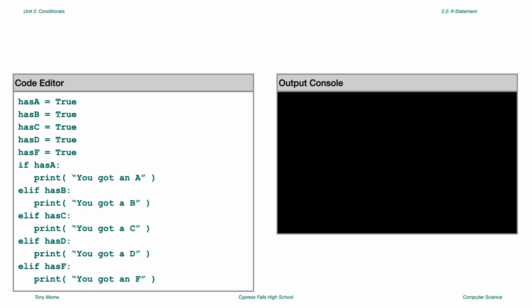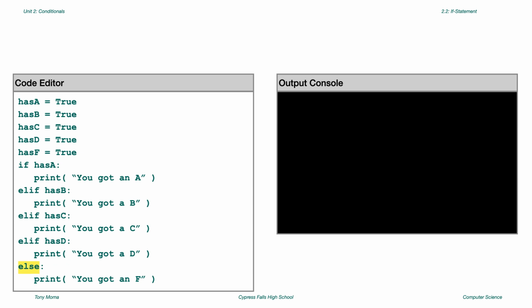The latter. In that case, if I know you didn't get an A, a B, a C, nor a D, I don't need to ask you if you also got an F. I can already assume you got an F because I know that's the only other possibility left. So really, taking reality into account, having an elif statement that checks the value of the hasF variable is unnecessary. Because if the other 4 conditions are false, well, an F is the only other possibility. Thus, for that last elif statement, rather than checking the value of the hasF variable, we can simply replace that